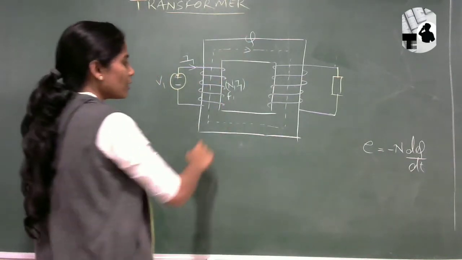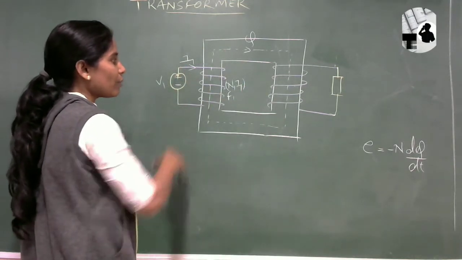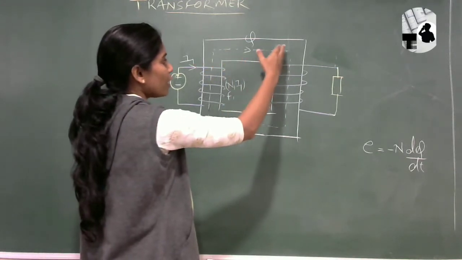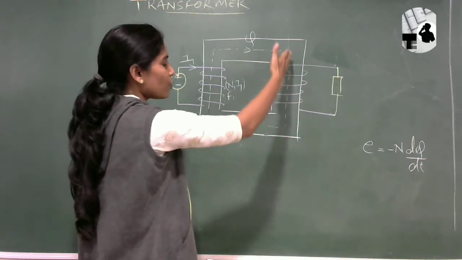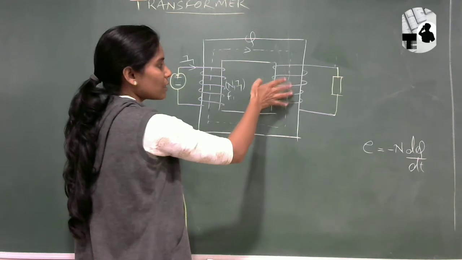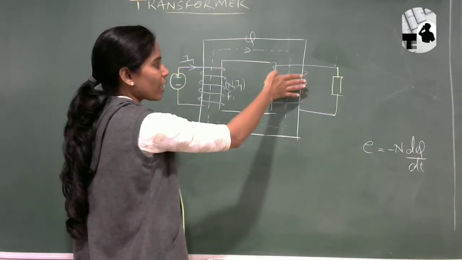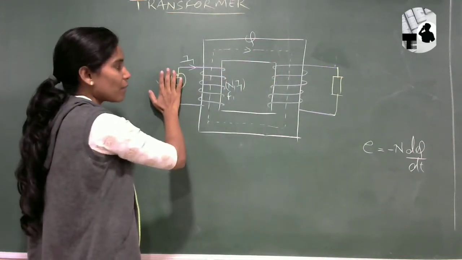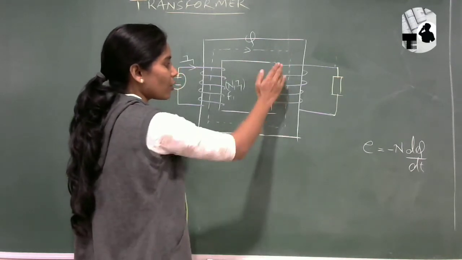So here the flux has been developed; we have created our setup, and the magnetic effect also we have provided. Now the flux is going to link with the secondary coil. This is my secondary winding. At the beginning there was no magnetic flux before providing this setup, so the magnetic flux was 0, and now we are providing some flux due to the supply voltage at the primary. So this flux is going to link with the secondary coil now, right?